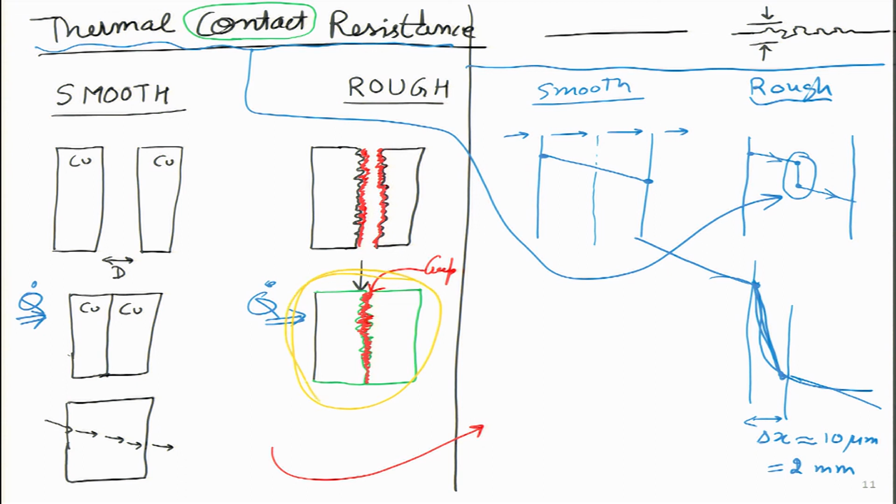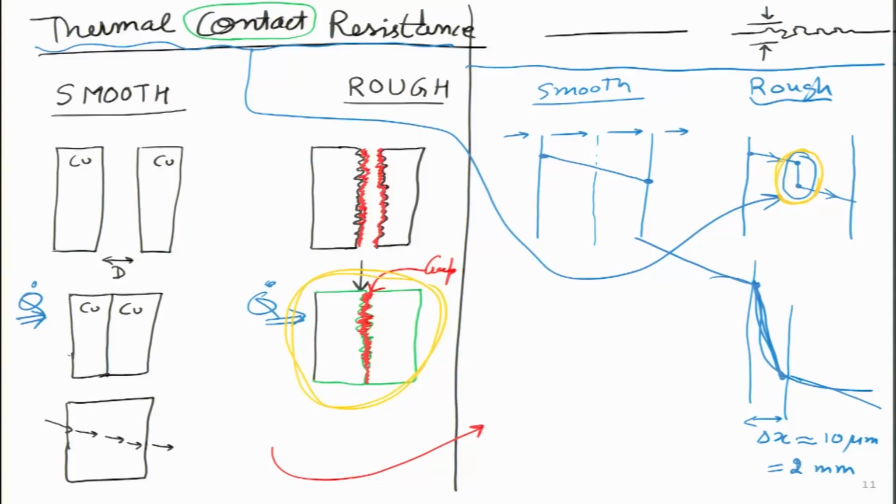How can we eliminate this gap, because engineers do not want this type of sudden decrease in temperature? One way is we can fill it with some sort of high thermal conducting glue or some fluid. Another way we can think of is, can't we just squeeze this particular thing at high pressure? This is exactly what happens. People have shown that once we increase the pressure over here, the thermal contact resistance value actually goes down.